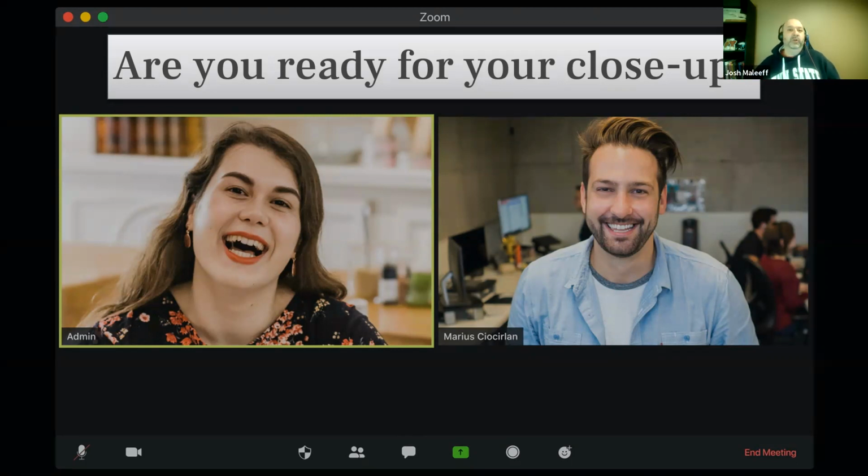So presenting virtually requires an even bigger performance, for lack of a better word, than being in an in-person presentation. And that theater background comes into play. If you've ever been to any kind of live theater, you watch the actors, they're in a hall where they have to project to the back of a theater where there's hundreds of people potentially, and they give a big performance and they emote. If you need a good example of this and you happen to have Disney Plus, you can watch Hamilton and you can see it. Even though they're doing close-ups on camera, you can see what they're doing. It's big. And part of that's that engagement piece.